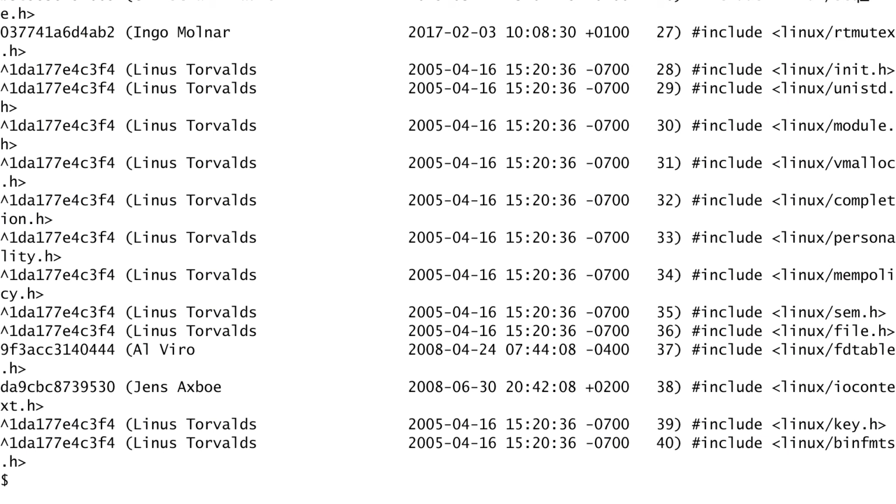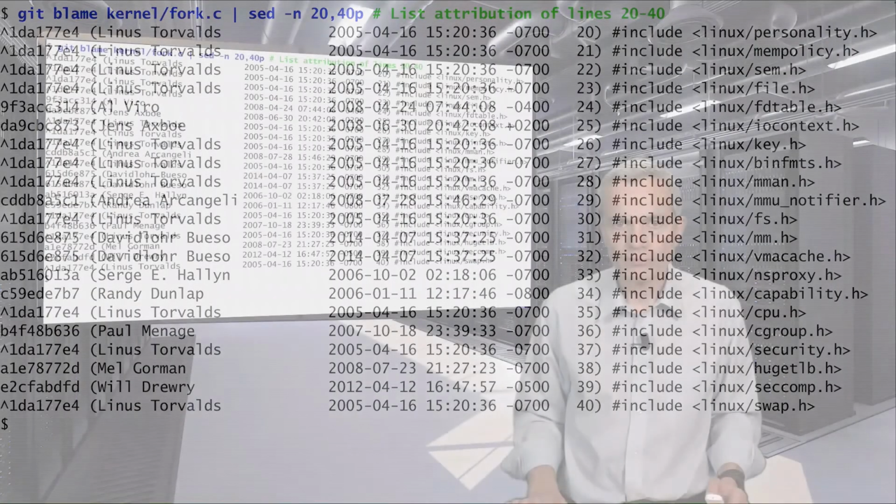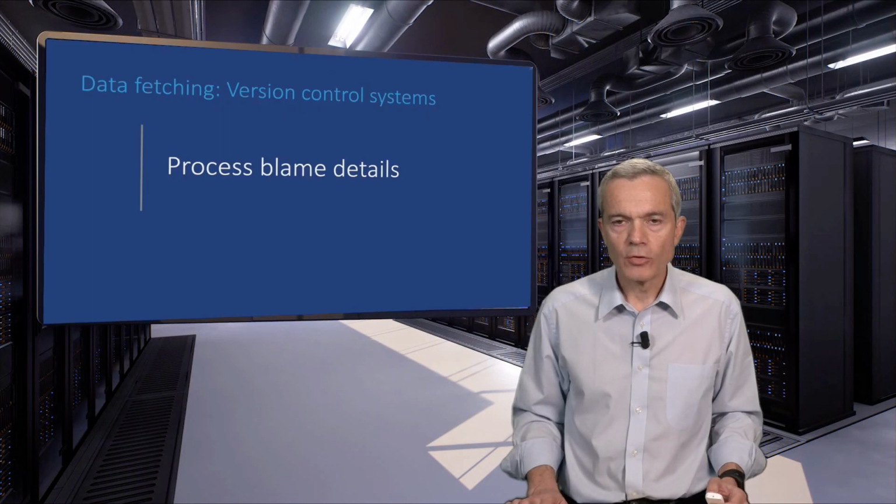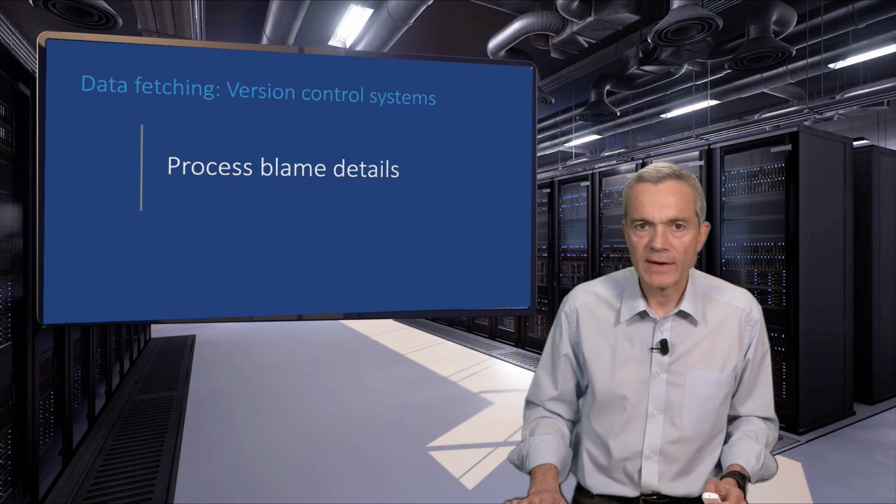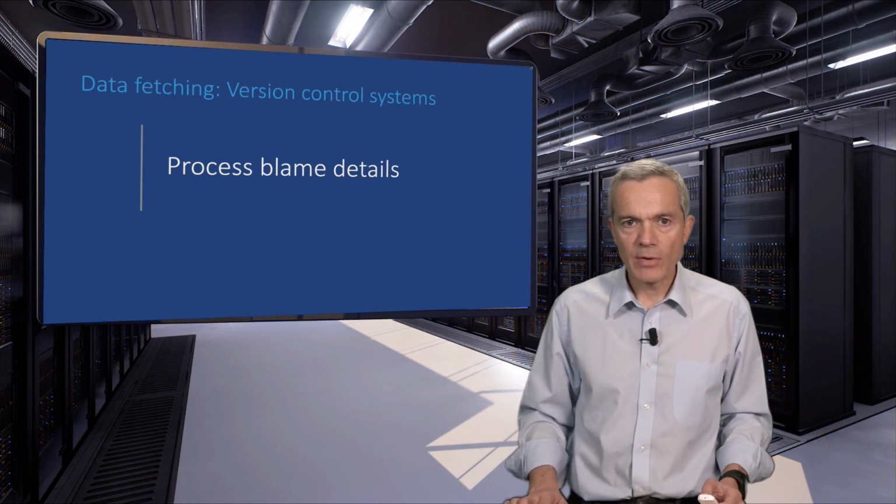Each line we get contains the SHA hash of the commit that last changed it. We also see the authors who made each commit, the date and time they made it, and the contents of the file. To process the output of git blame with Unix tools, the so-called porcelain format is the most appropriate. Let's see an example of how to use it.